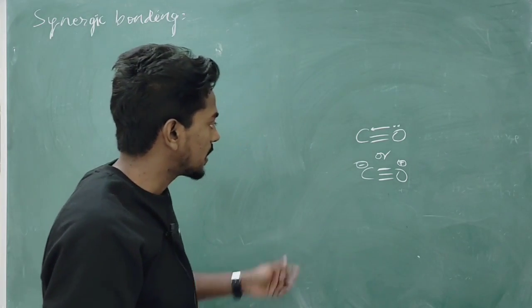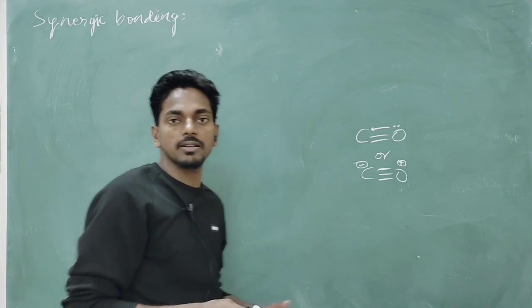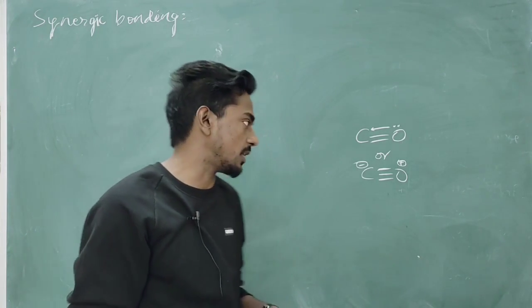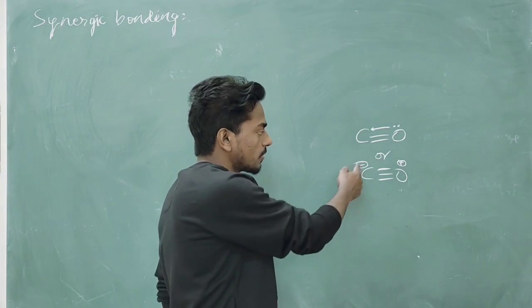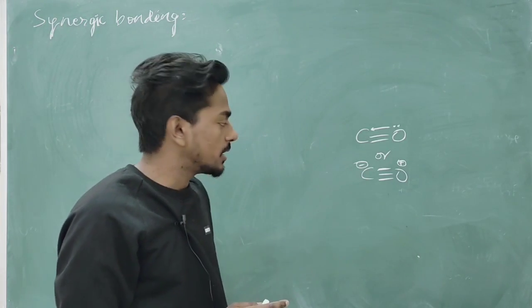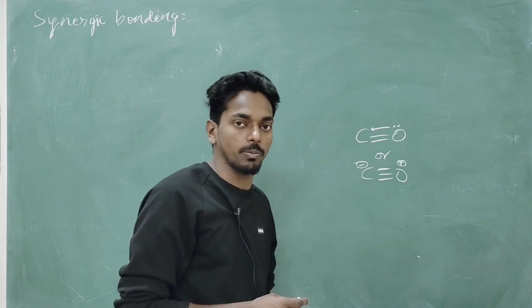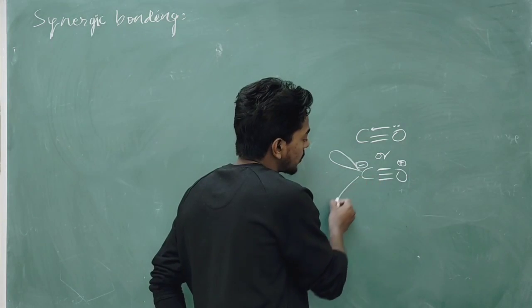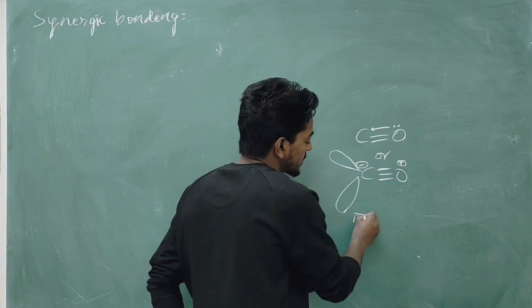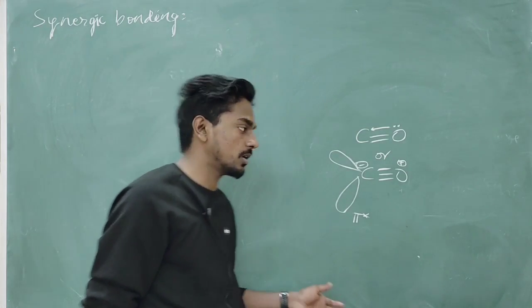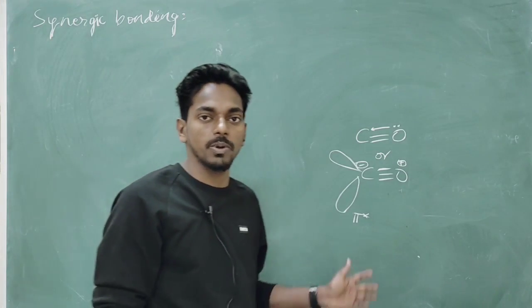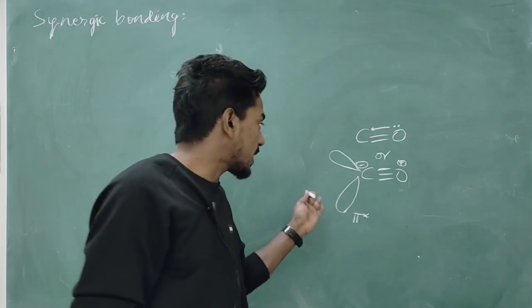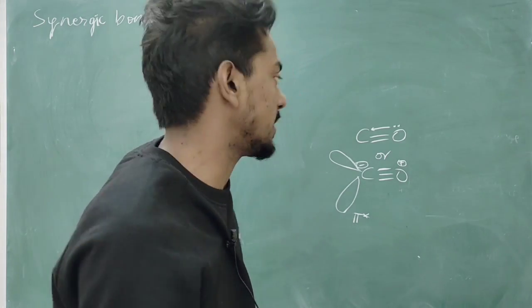In this case, we have seen in the molecular orbital diagram of carbonyl, in chemical bonding, that the lone pair on carbon resides in a non-bonding molecular orbital, and it also has a vacant molecular orbital, which is the pi star anti-bonding molecular orbital. So this vacant molecular orbital makes it a pi acid ligand. Any ligand which has a vacant molecular orbital is a pi acid ligand.